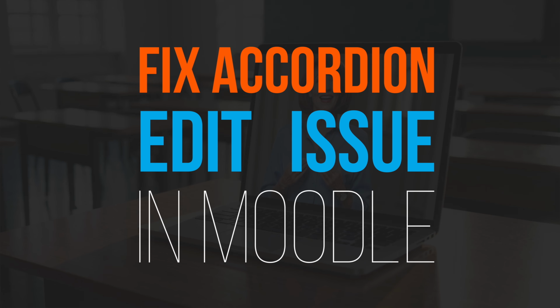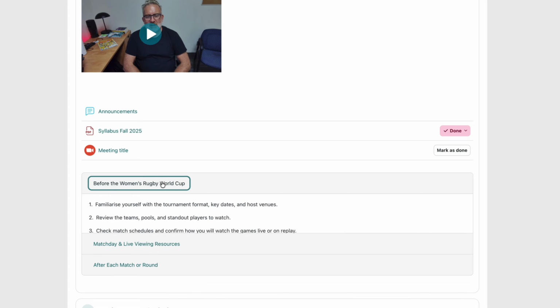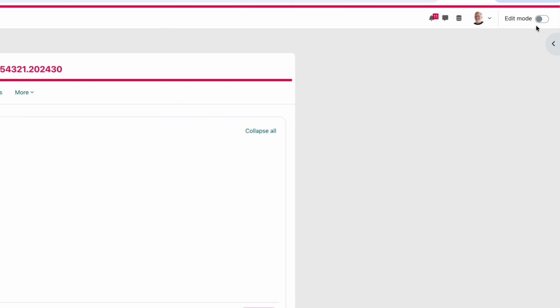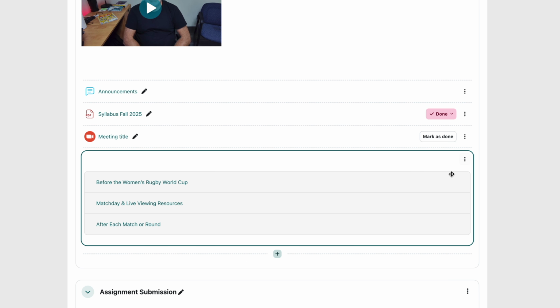So here in Moodle, I just want to show you how to fix an error that can pop up when you're trying to edit your collapsing accordions here. So if we come into edit mode up at the top right, and we come into edit here,